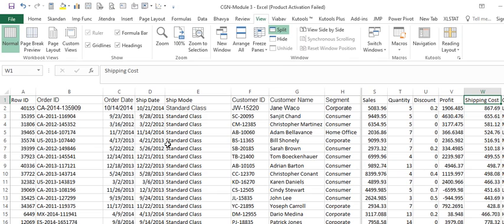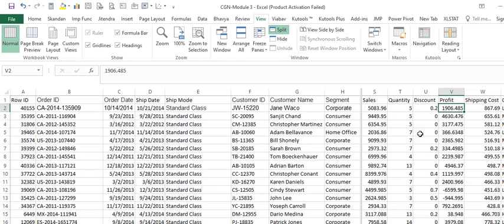So I now have the mode, the customer ID, the customer name, the segment he is in, the amount of sales, and the quantity. And this is how I can split the whole thing and watch and understand the data. So that is what you need to identify when we are talking about freezing and splitting.